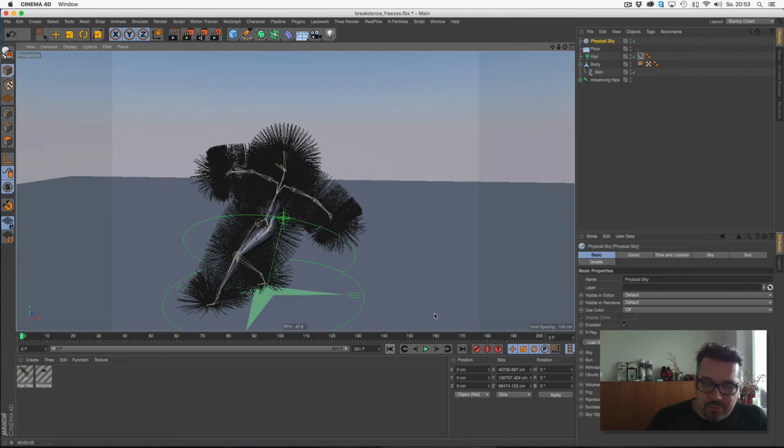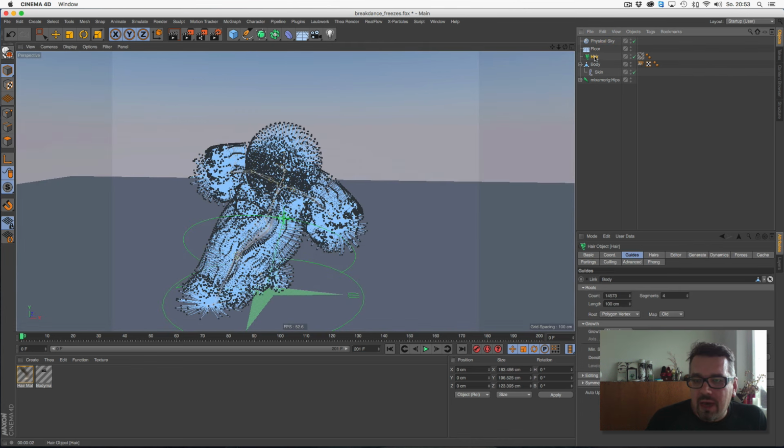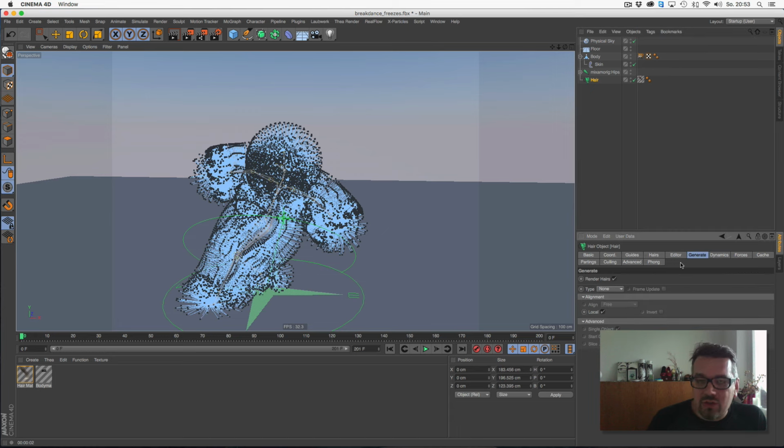And the next step is: the hair in Cinema is very flexible. You can use it for so much stuff, and let's look at it like hair is just one thing you can do. And what I did is something in the generator tab. I set type to flat, because the Cinema 4D hair has the ability to have some basic shapes built in.